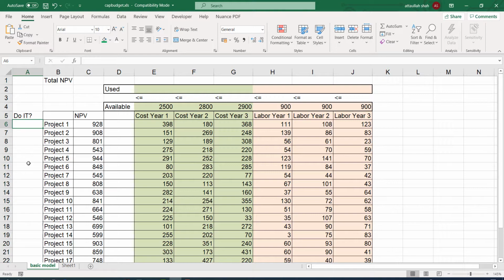So if a project is selected, we will write 1. Not us, but the solver will write it. But to give you some explanation of how the sum product will work, let me select the first project. So if I have selected the first project, there should be 1 in this column.